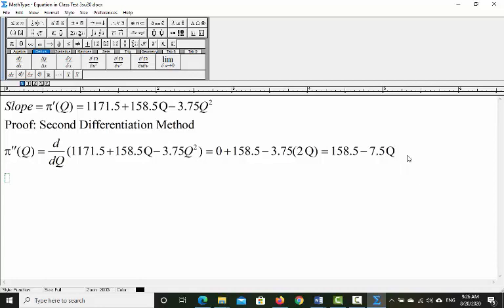Remember, in the second differentiation method, we don't check the slope before the stationary point or after the stationary point. Here we check the slope of the slope function at the stationary point. So here we will check the slope at the stationary point. The value of Q will be